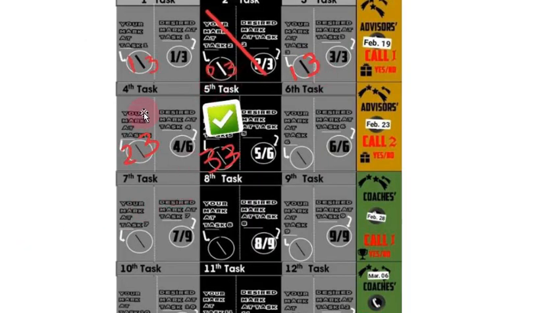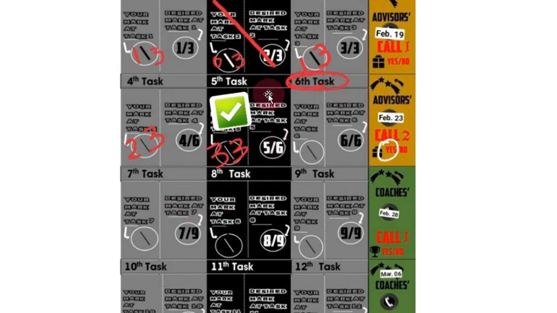So then Yusuf, he does the fourth task. He's supposed to get 4/6, but he got 2/3 because he's continuing. 2/3. The fifth task, he's supposed to get 5/6, but he started over. He got 3/3. He did all the other requirements. He called the learners. So this means he can get a call because he got 3/3, but he has to wait. So imagine this day is February 20 or something, 21. He's not gonna get a call that day.